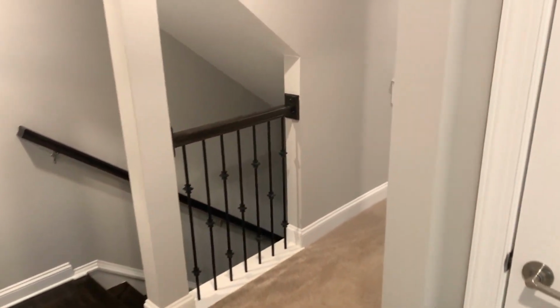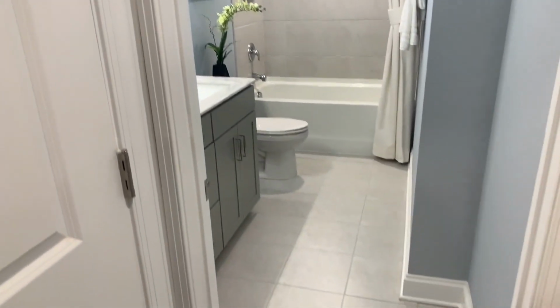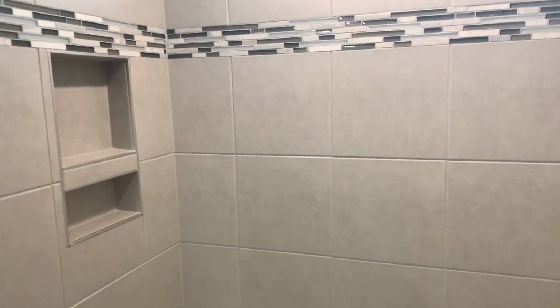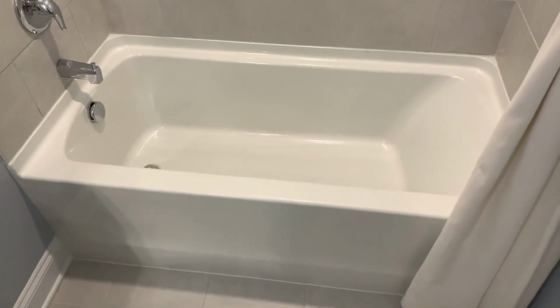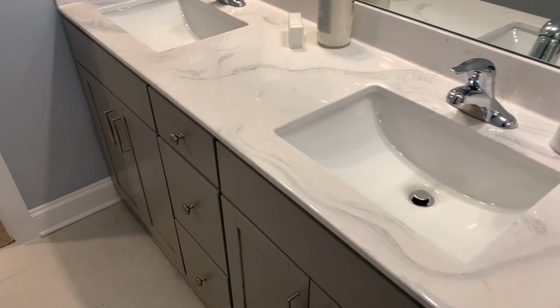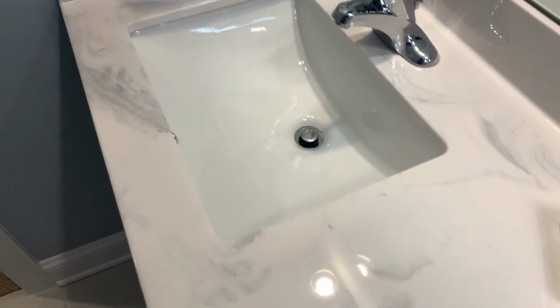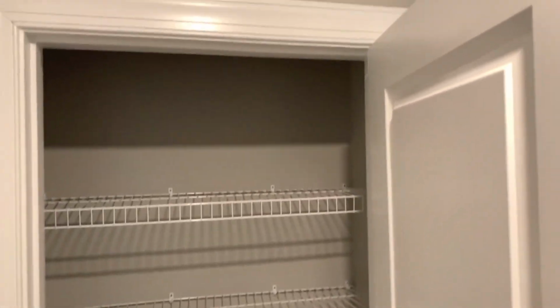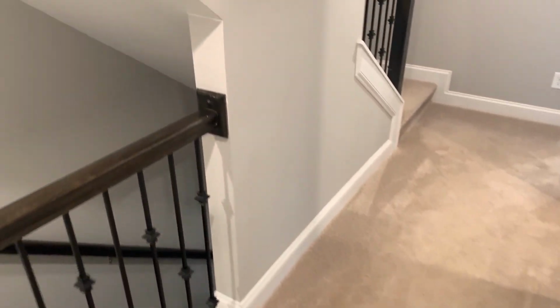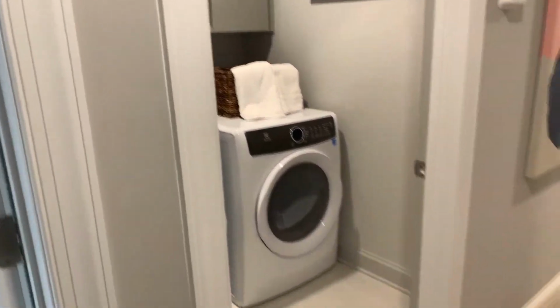Cool. All right, and then here I guess is the bathroom that these two rooms would share. Very nice tub. And this is cute, you get 2 sinks. I love this marble, that's really cute. Let's see what's in here. Okay, you have a linen closet. Okay, you have like dedicated